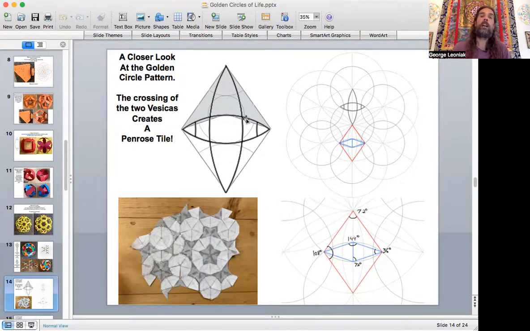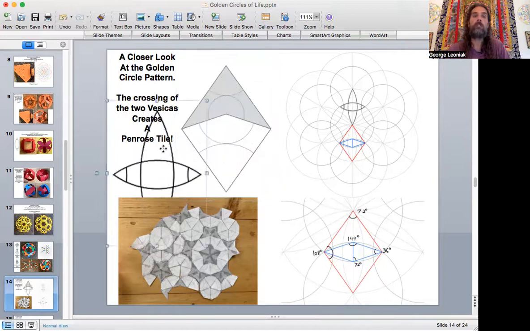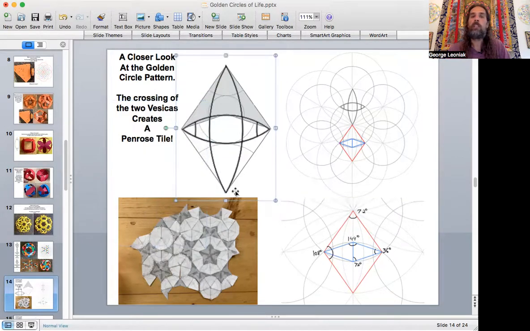So these Penrose tiles are thought to have a relationship to that kind of tiling structure. But anyway, let's get back to the golden circles pattern here. The golden circle pattern is pretty much made up completely of these little shapes of Penrose tiles. These Penrose tiles are created at every intersection of a seed of life petal with the golden circle petals. And that